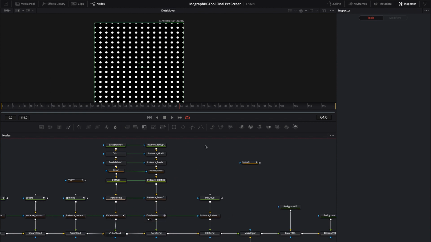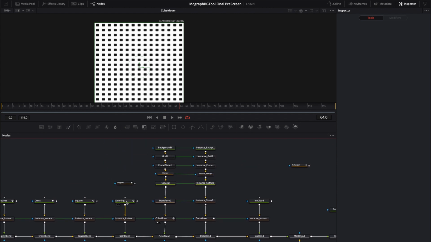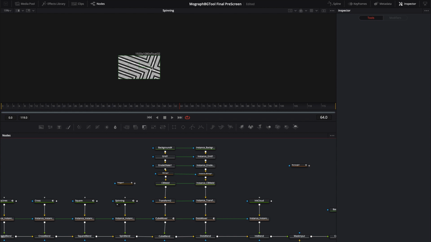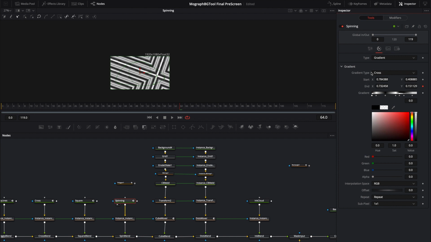They're just dots, and they're inverted. As you can see, the cubes have the white on the outside, and you could invert that if you want. It's pretty easy. The spinning is pretty interesting because what I actually animated was the gradient start for a cross,